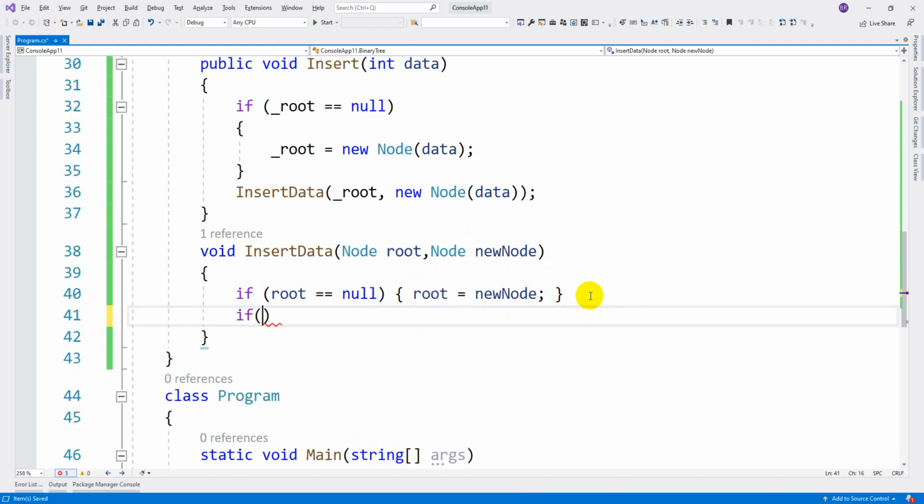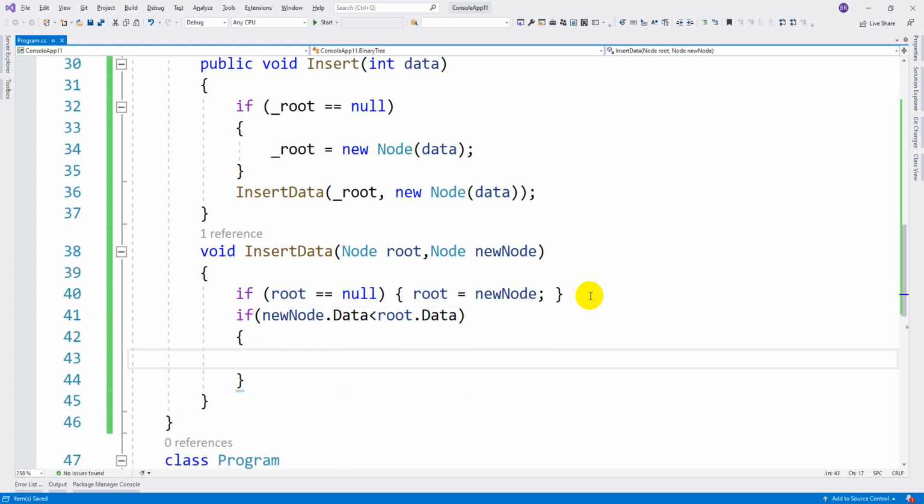If new node dot data is less than the root node data, suppose whatever data you are trying to pass is less than the root element data, then again you need to check one more thing.